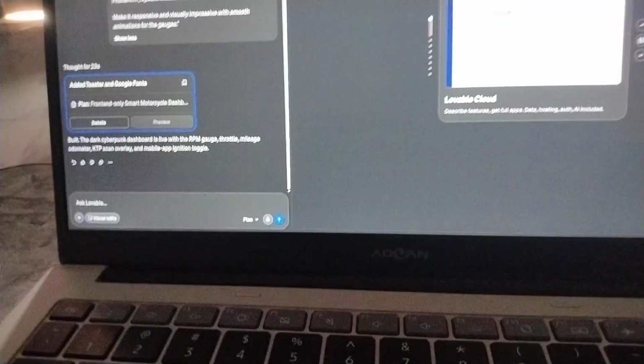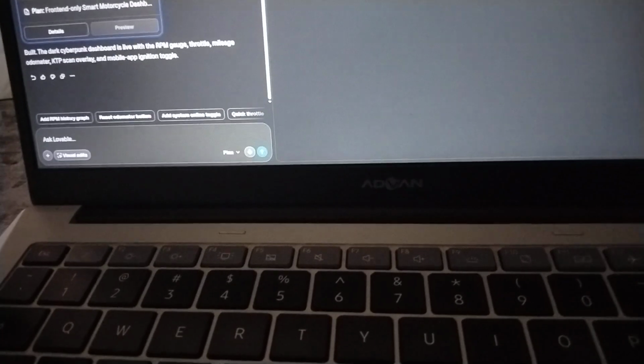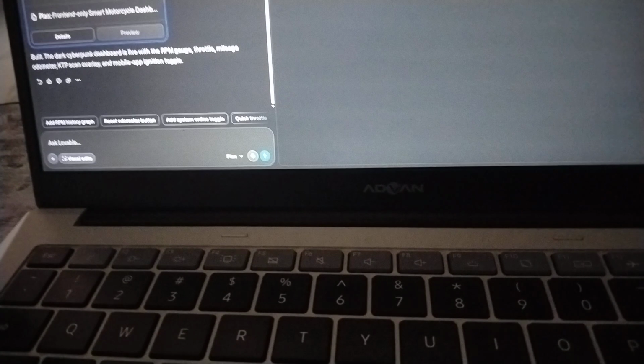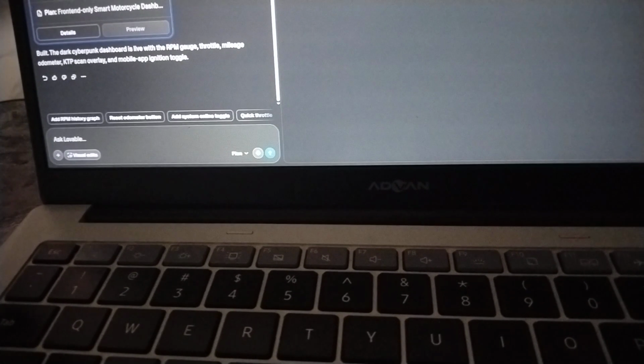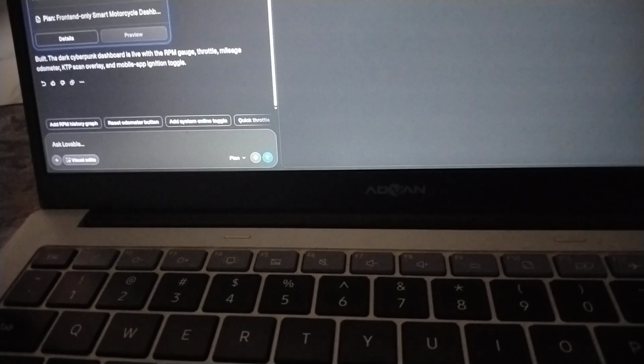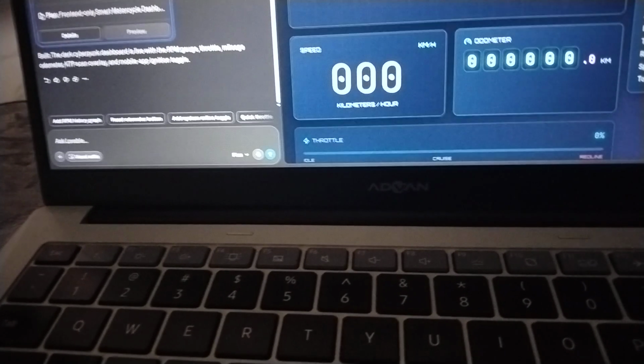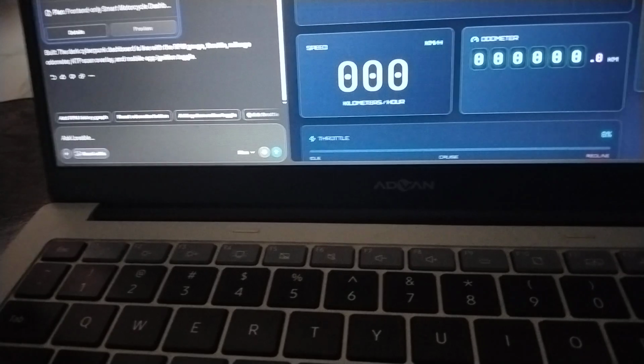And the dashboard was ready. As you can see here, we have a dashboard. Like this.